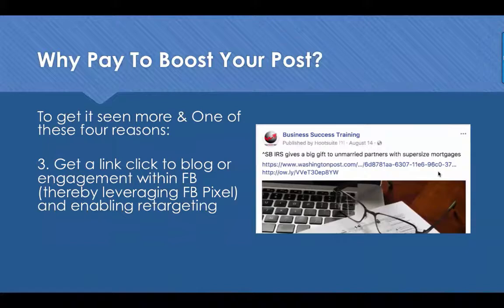And also, because they have interacted with one of my posts, I can then use an advanced technique called retargeting, where I'm going to go ahead and say, I put it out there to 1,000 people. I had 70 people click on the link. I want to start running more ads about tax stuff and also about unmarried stuff to those 70 people. We used to achieve this by having a Facebook pixel on our website, but now we can also achieve this by going to third-party sites because there's a feature inside the ad editor, I'll show you later, where you can target people that have just interacted with your post.